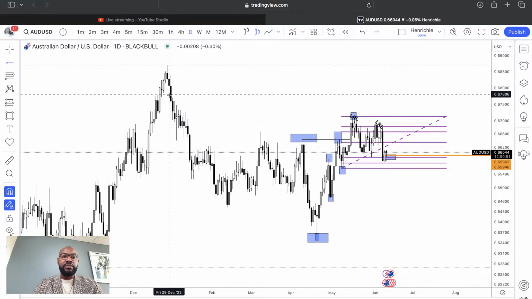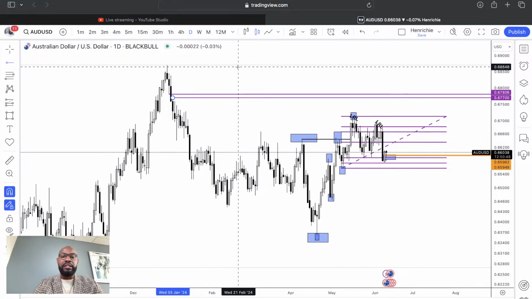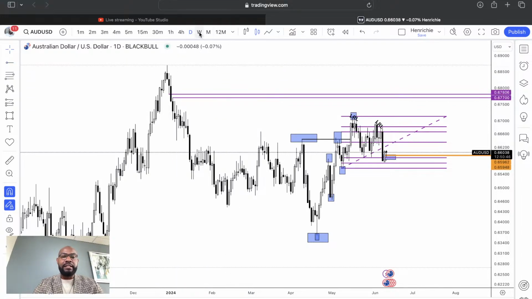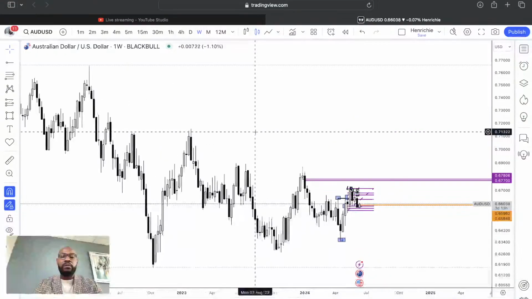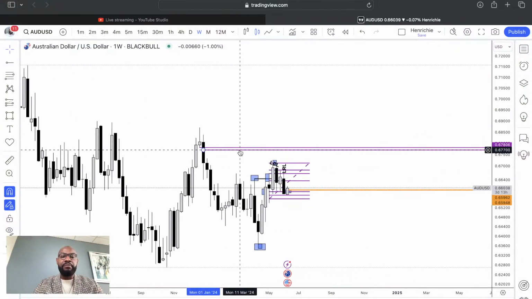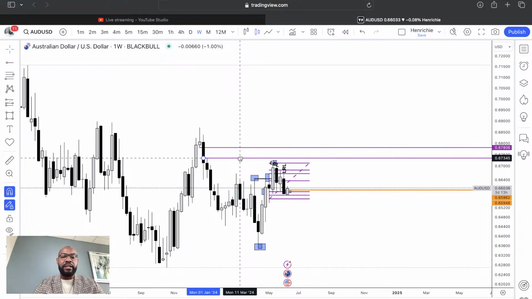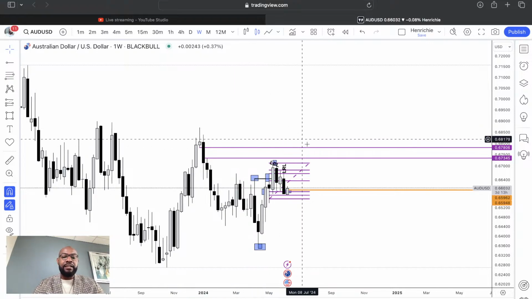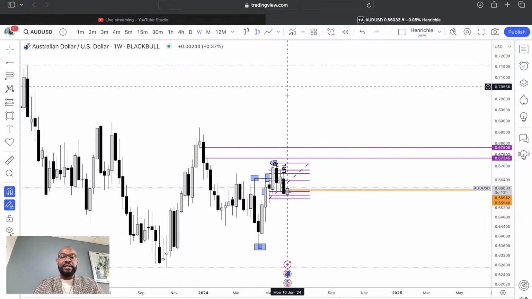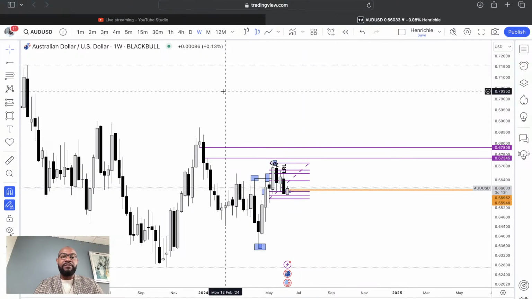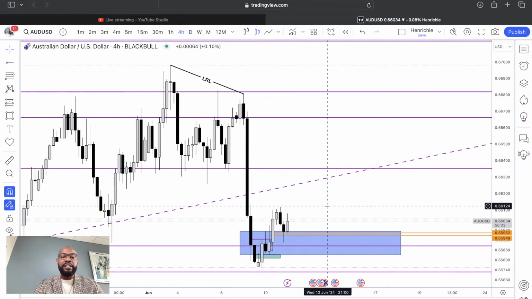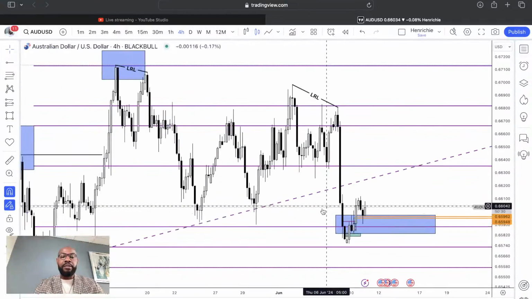That could potentially also act as a draw on liquidity. Another one is if we go to weekly time frame, we can also see on the weekly time frame this inefficiency resting right here as well, could be a magnet to attract price to the upside. So that is why, irrespective of the fact that this trade setup looks a little bit complicated,